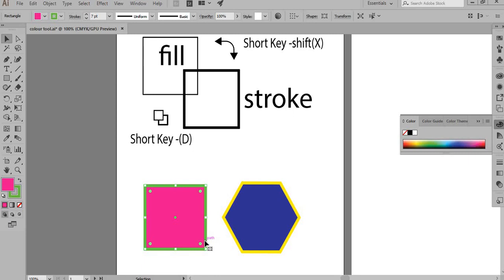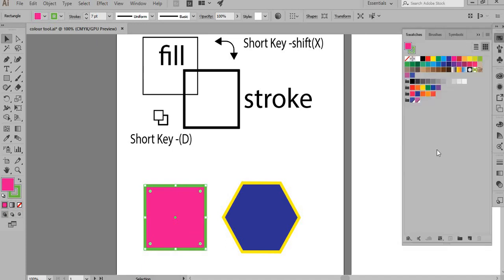So in the fashion industry, you are not just working with two colors, you're working with a line of colors, let's say 10, 15, and it's always better to save the colors. You can't make the colors again and again, you just have to save time on that. And there is a way to do it. You just move on to the swatches panel here, and at the bottom right now you see this, we have to be very careful, we have to see which color is active.